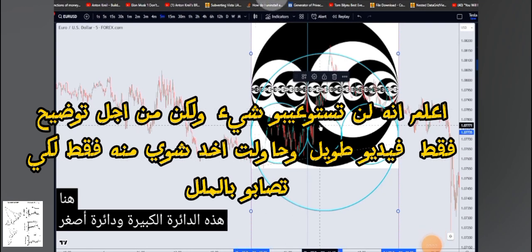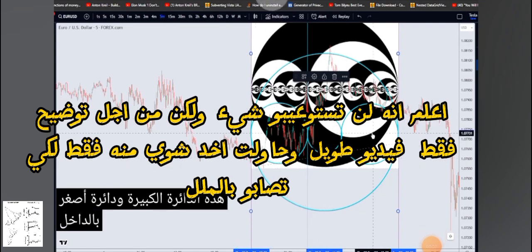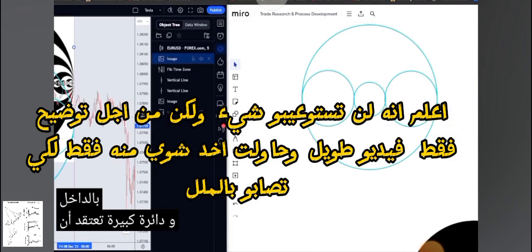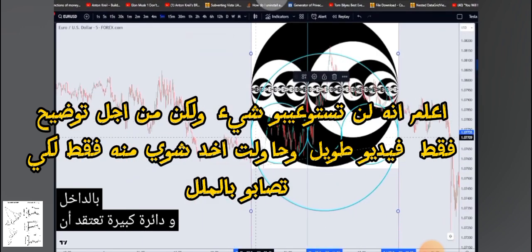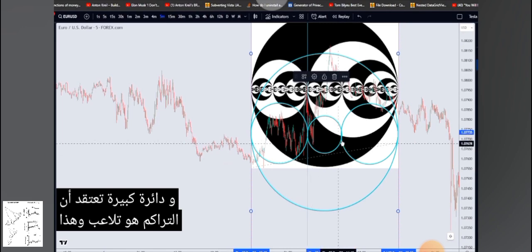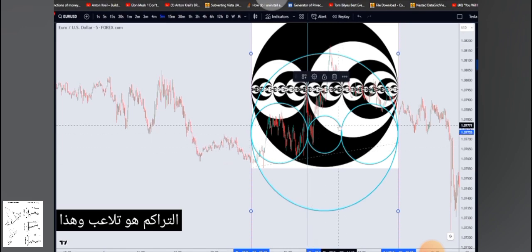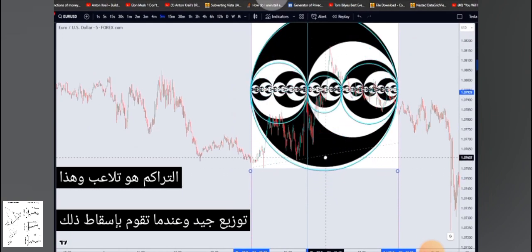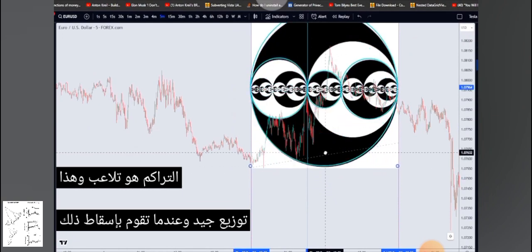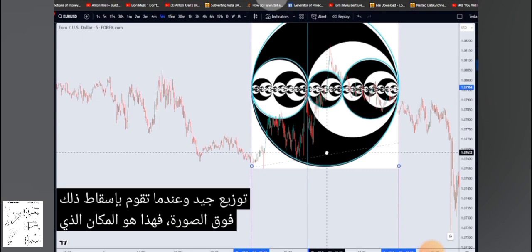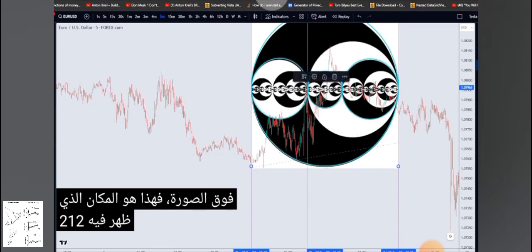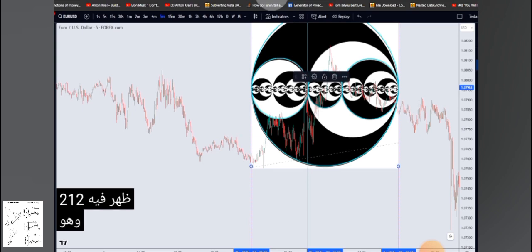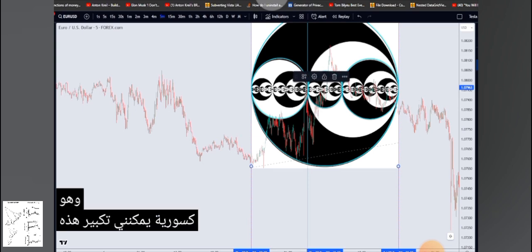Large circle, a smaller circle inside, and a larger circle. Think of that as accumulation. This is manipulation, and this is distribution. Okay? And when you drop that over the image, this is where 212 came about. It's fractal. I can zoom in